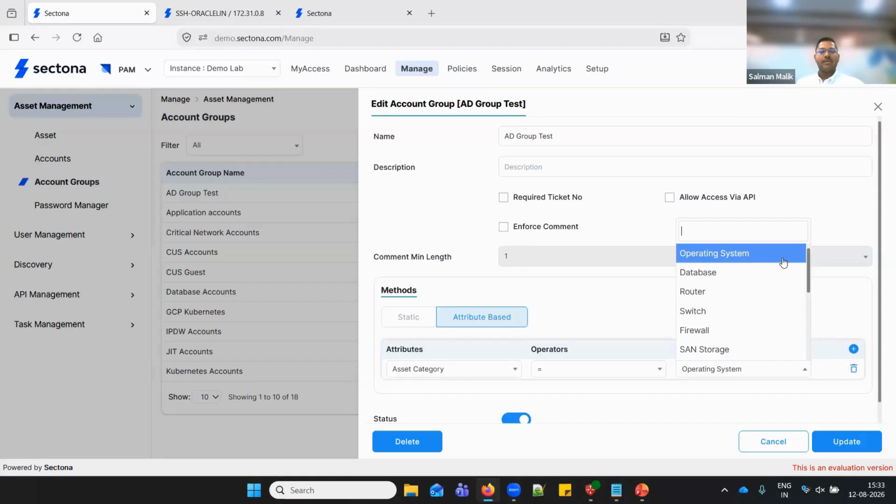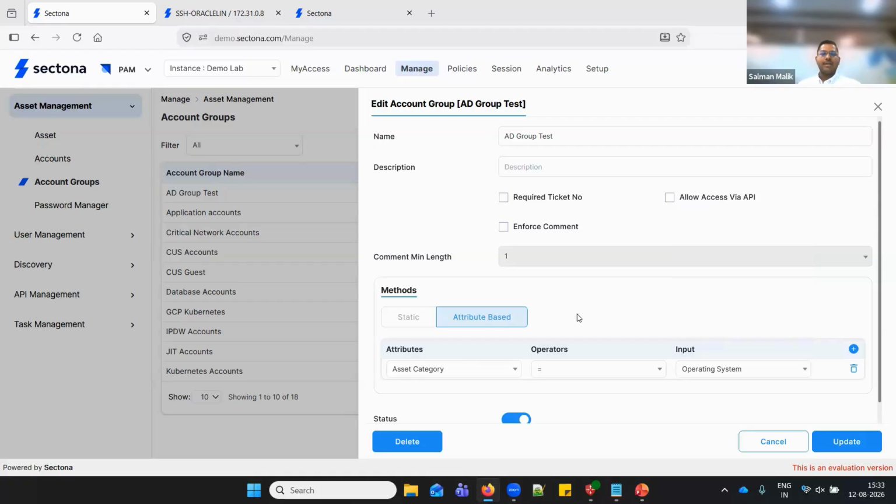Now we have just added one more option over here to provide you with more flexibility of configuring asset category separately as well as the asset type separately. Accordingly, on that basis you can define the specific asset type. This is helpful in case you have defined some custom asset type configuration in your environment and you would like to specifically define the account grouping based on the asset types. So that is something which we have now brought in as an option into the system.